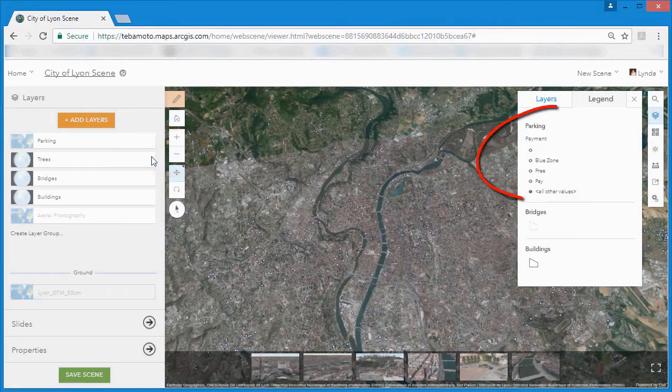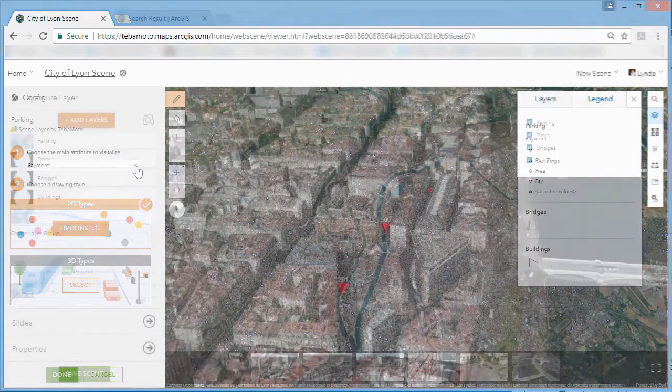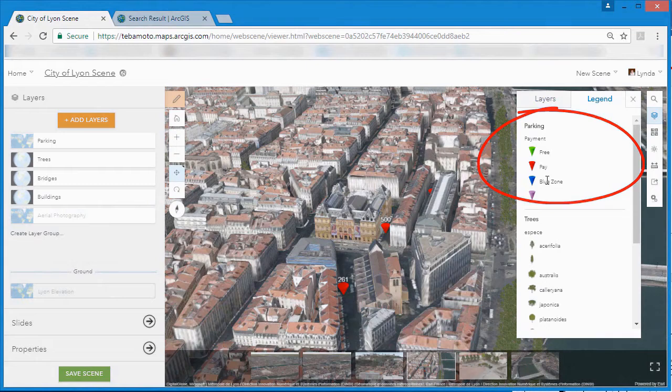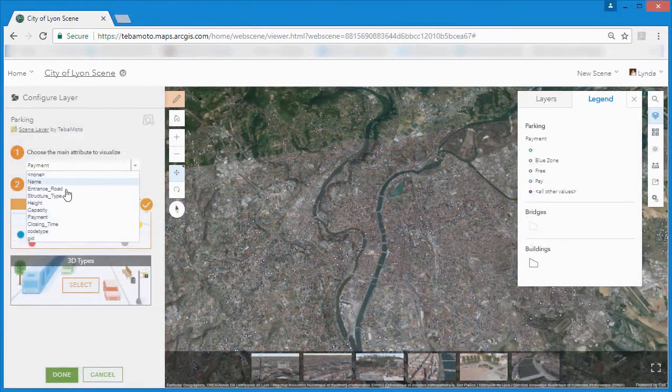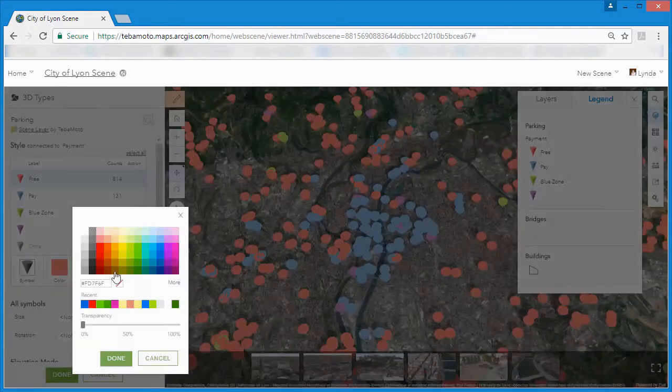Now by default, point scene layers are shown as 2D dots, but here's where we can get a little more creative. We want a 3D symbol that communicates whether parking is free, paid for, or by permit only, as well as the capacity of each garage or parking area. So to start, we'll choose the main attribute to visualize. In this case, we'll take payment type on the parking garage layer and change the symbol option from 2D to